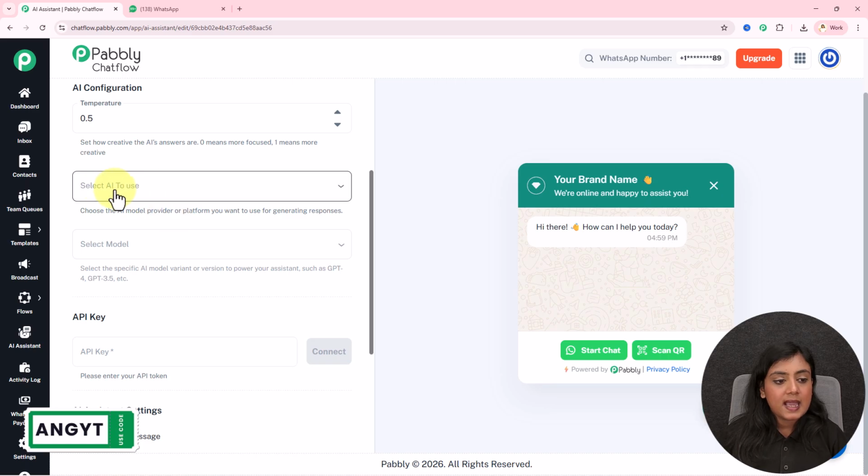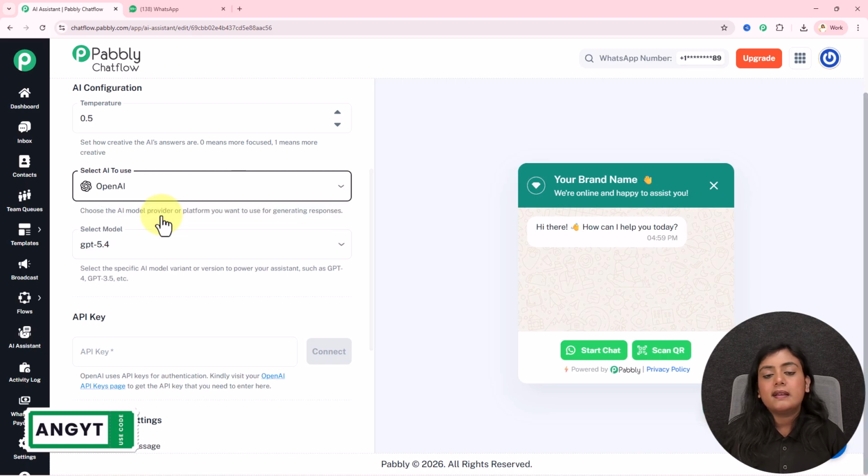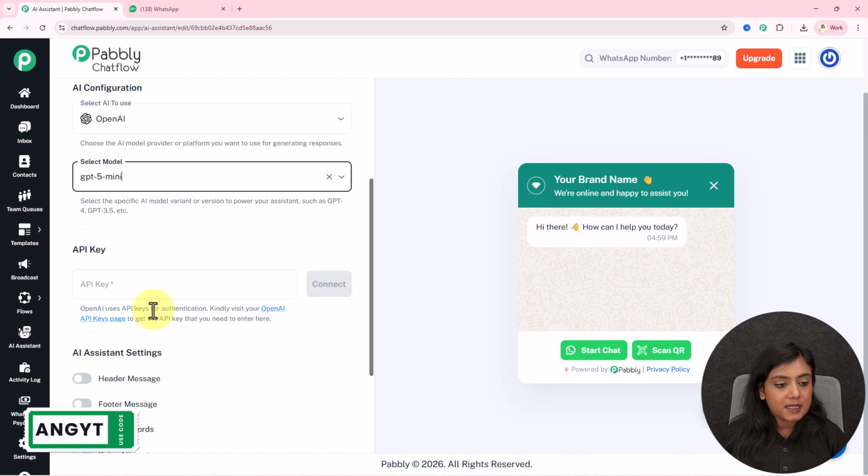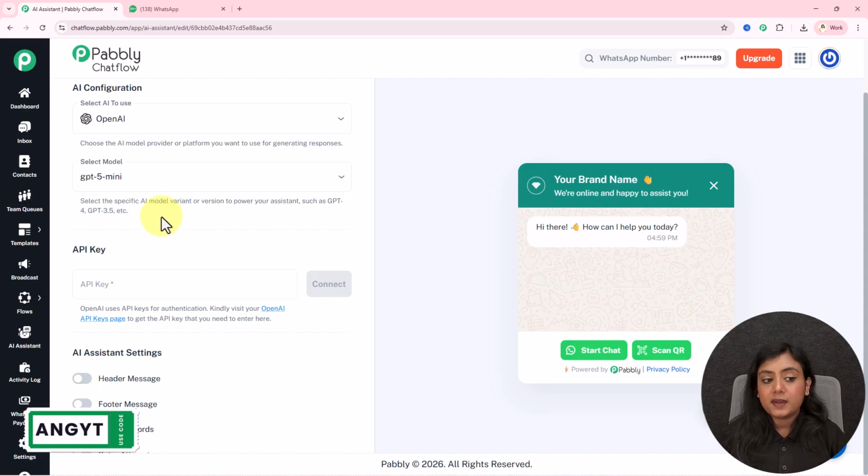my users. AI to use, there is only one AI currently, that is OpenAI. So I will select over here OpenAI as AI to use. Model, I will select the model as GPT-5 mini right over here. Now using this model, I want this AI to generate the replies. You can select the model according to your requirements. Remember one thing, you should have a paid account with OpenAI in order to create this AI assistant using Pabbly